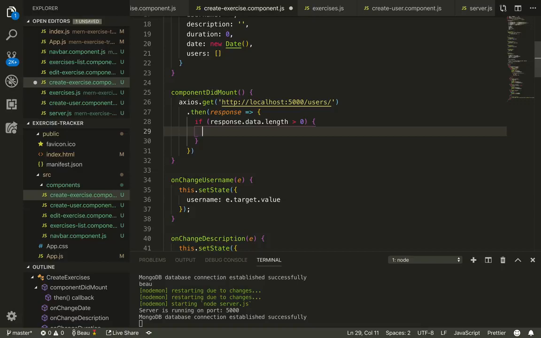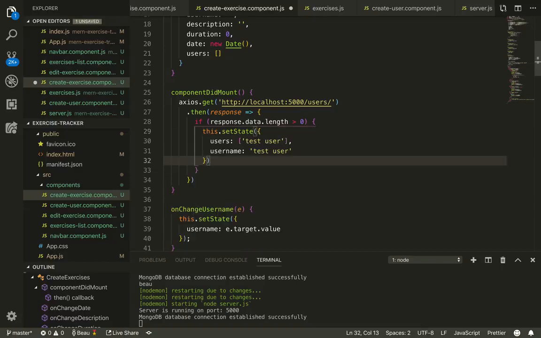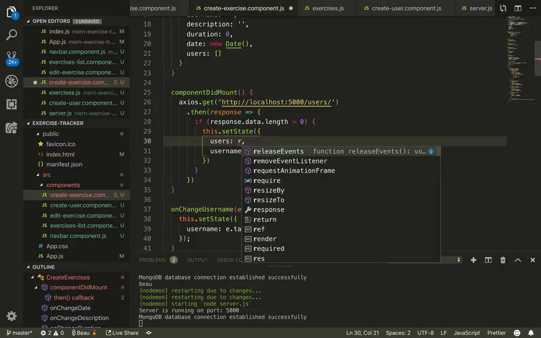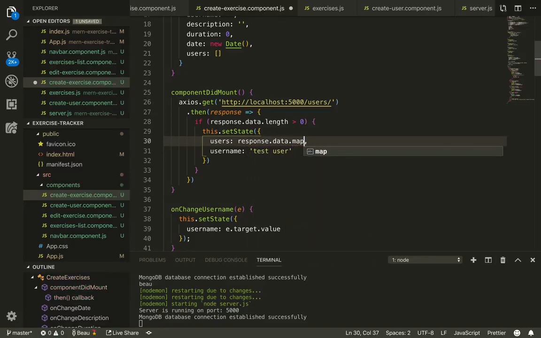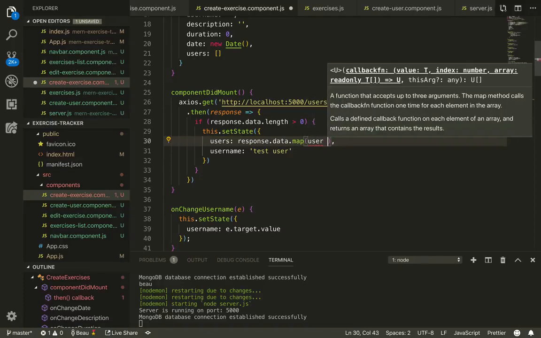And if so, then I'm just going to paste in that set state that I cut out before, but we're not going to use this sample data anymore. I'm going to put response.data.map. So data is going to be an array, and we're going to map the array, which will allow us to return something for every element in the array. So what we're going to return is user, and we'll pass in each user in the array,